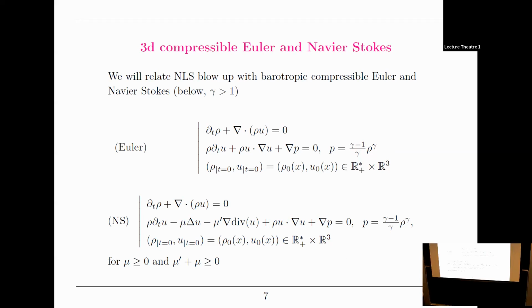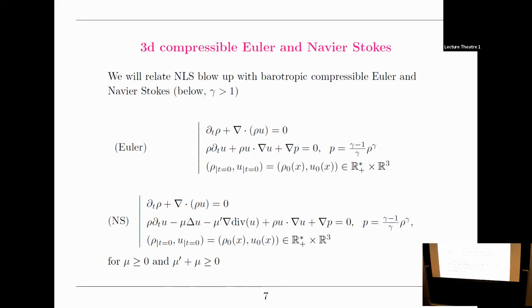So here for compressible fluids, for the purpose of NLS, I will have to consider general dimension D, but here I'm just writing them in dimension 3 in this slide. And let me make also a connection with the compressible Navier-Stokes, on which I'll focus after NLS. You take compressible Euler and you add viscous terms. For compressible Navier-Stokes, they look like minus mu Laplacian u, minus mu prime gradient of divergence of u, where u is the velocity. Then you have a certain range of parameters, making sure that this operator is indeed elliptic.